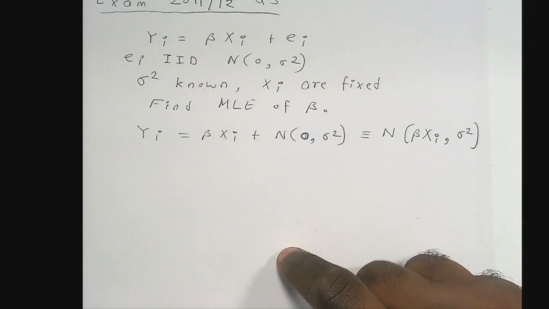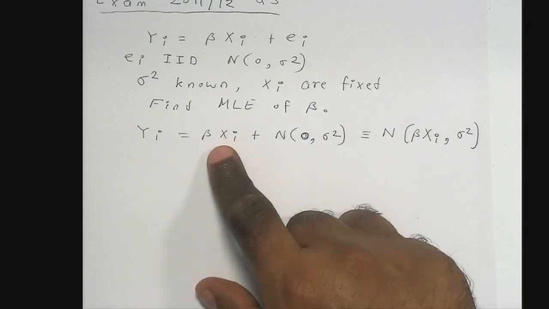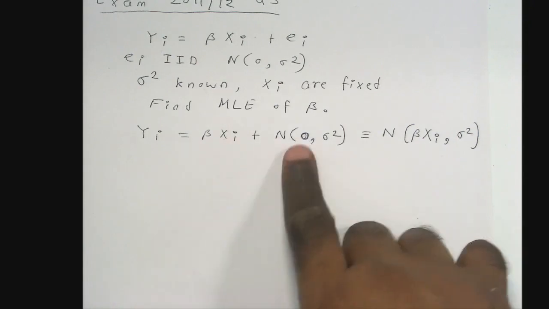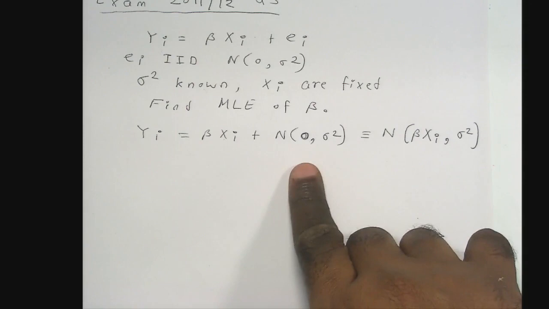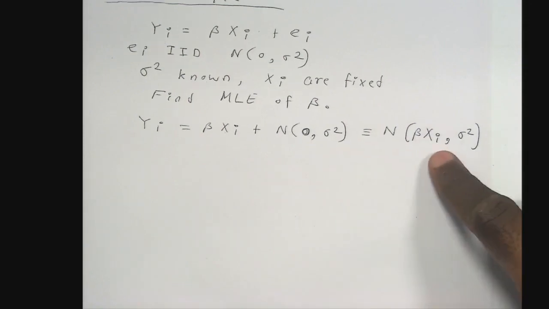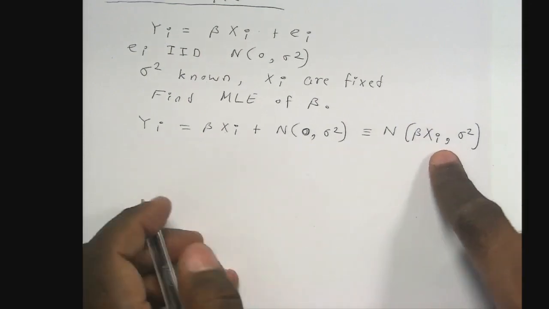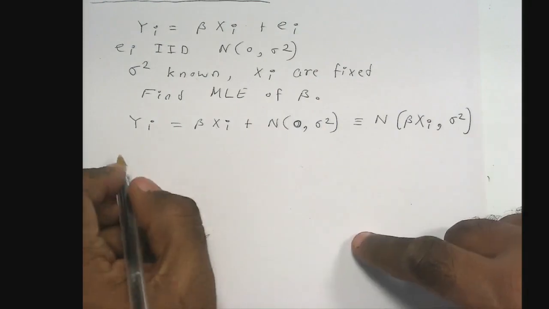You follow what I've done, right? Because this is a fixed thing, right? And you're adding a constant to a normal variable, so it becomes another normal variable with parameters this and this. Yeah, right. So the first thing you should do is to write down